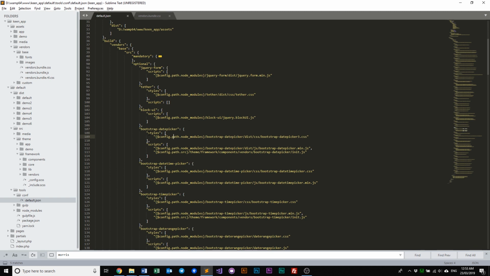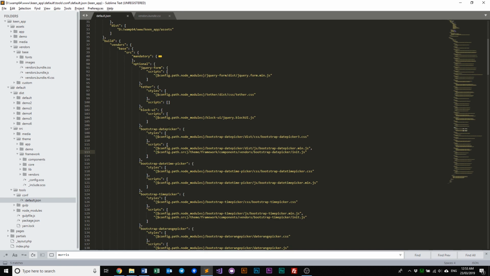If your plugin has stylings, you just have to define where the CSS is located, and of course you will have the JS files, and all you have to do is specify where the JS files are located. And what this does is when you run gulp, it will then compile your newly added